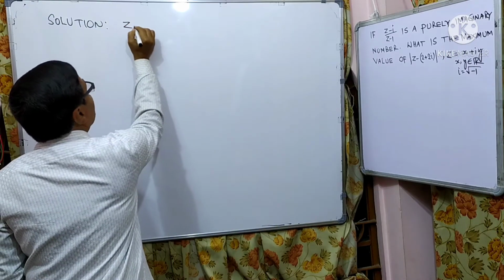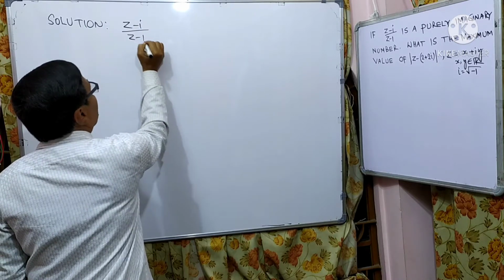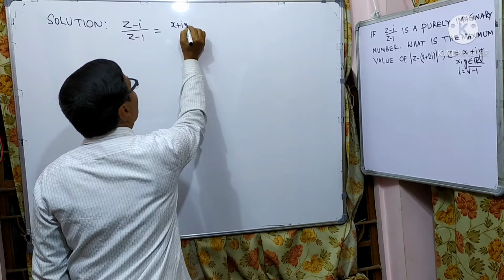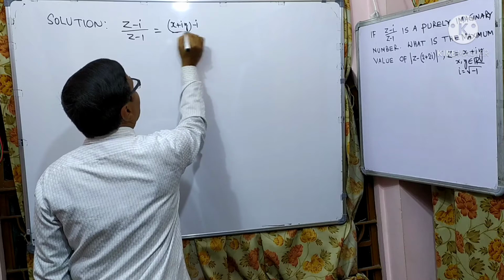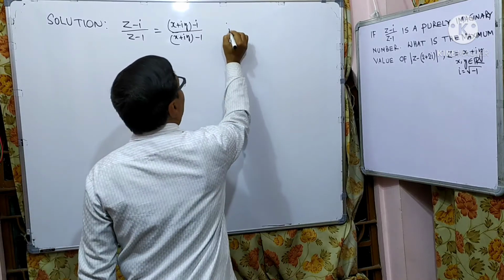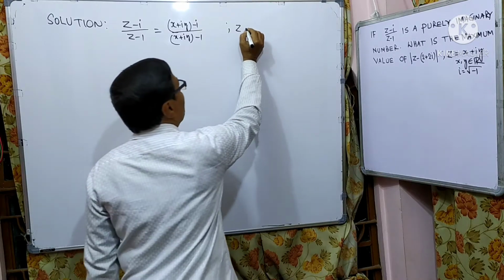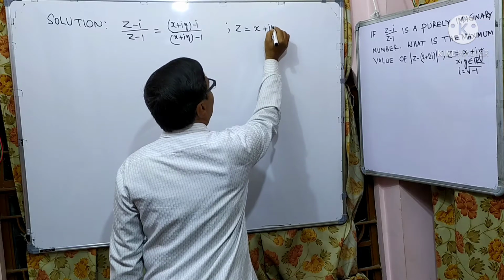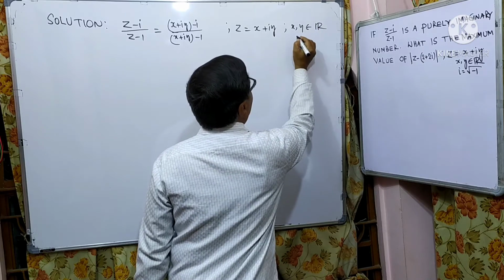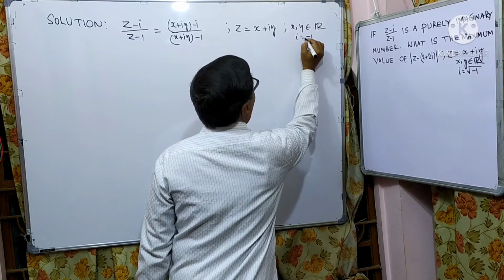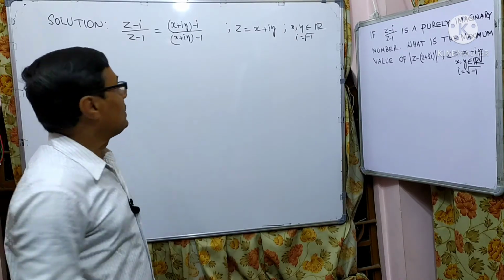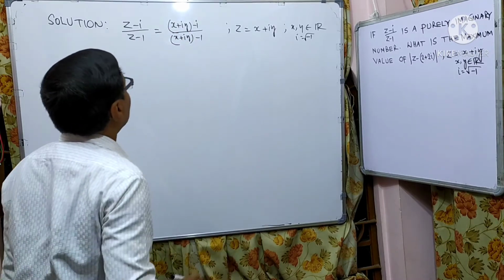Here (z minus i) over (z minus 1) equals (x plus iy minus i) over (x plus iy minus 1), where z is a complex number equal to x plus iy. Here x and y belong to the set of real numbers, and i equals root over minus 1. This is what (z minus i) over (z minus 1) equals. Here we can